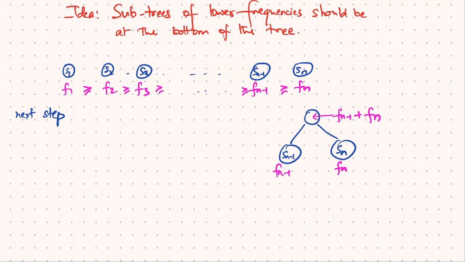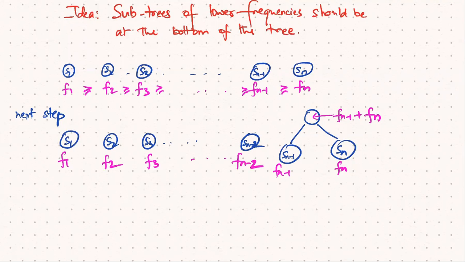And so I know that this Sn minus 1 and Sn, these have to be at the bottommost of the tree. Right? So I'll have to have this subtree here, and the remaining subtrees, I'll just keep them as they are for now. So S1, S2, S3, the remaining leaves, these remain as they are. Here I have Sn minus 2, right? And all this remains the same. Okay.